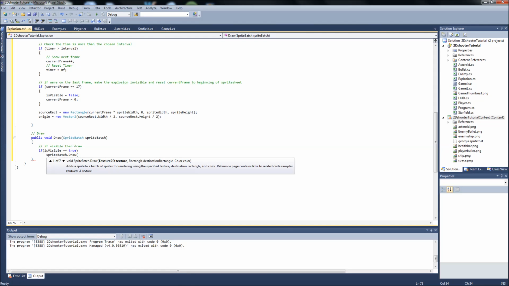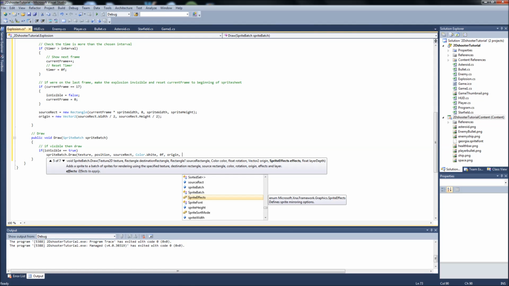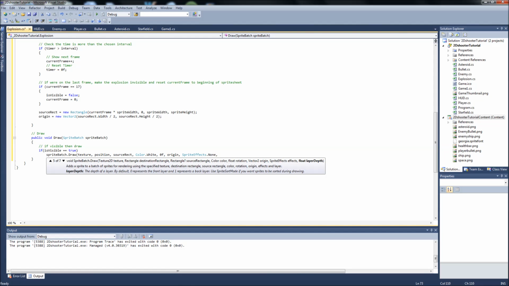So it takes texture 2D, which is our texture, takes a position, which is our position. It takes a destination rectangle, which is going to be our source rect, and it takes a color, so it's color.white like normal. It's going to take a float rotation, which is going to be 0 because we're not doing any rotating. It's going to take a vector2 origin, which is our origin. That's why we need to set an origin. Sprite effects is just going to be none, so we'll just say sprite effects dot none, and then 0 for